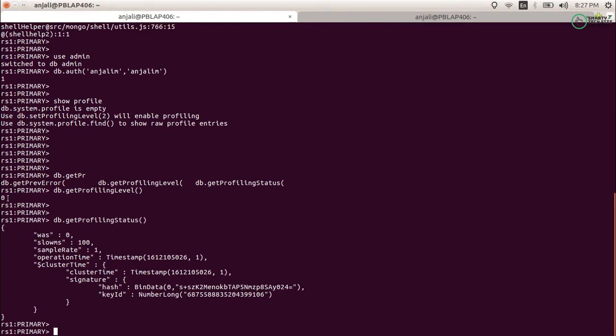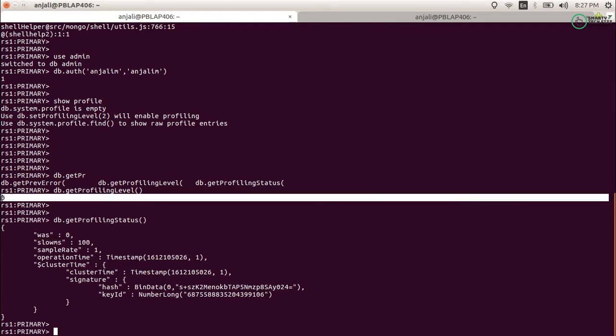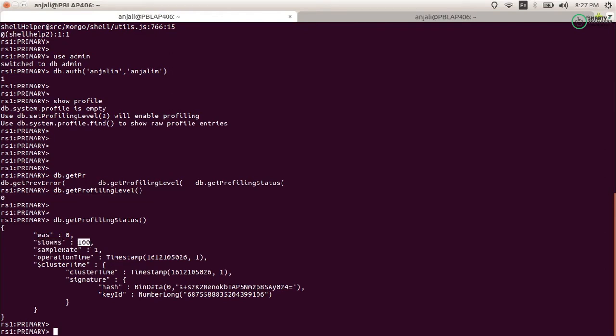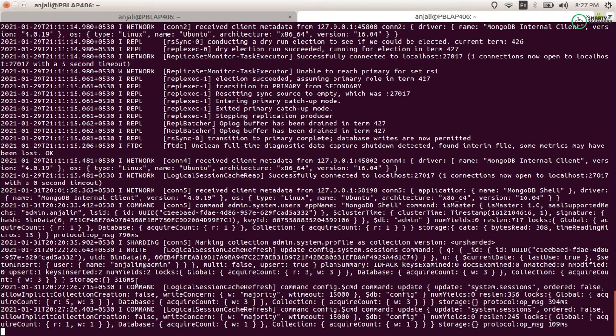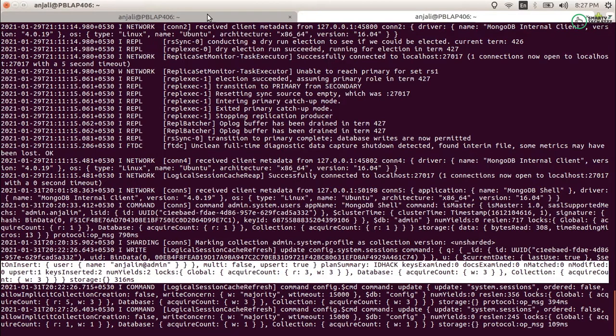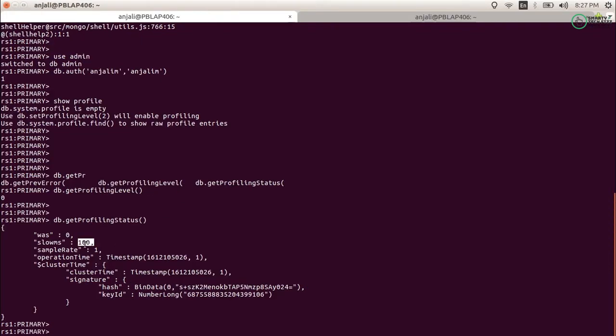Here the level is 0, that means it will not log anything into the database. Here slowms is 100, that means it is not logging into the database, but yes, it will log into the MongoDB log file. That's why we are able to see the logs here of queries which are taking more than 100 ms, right?